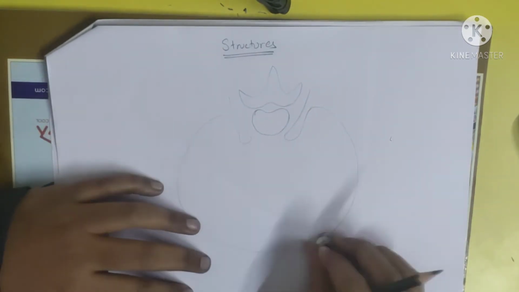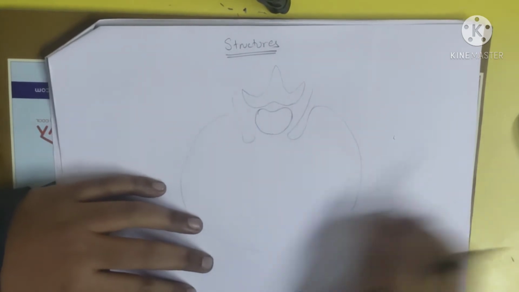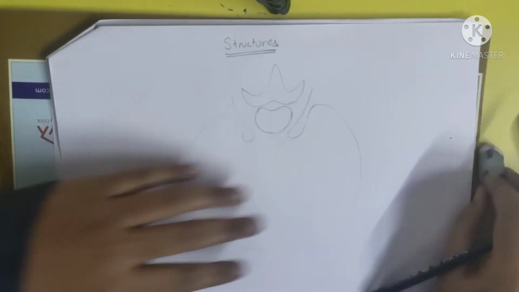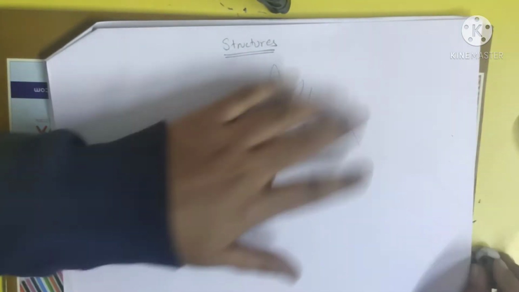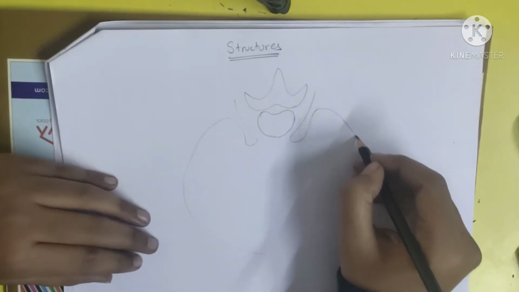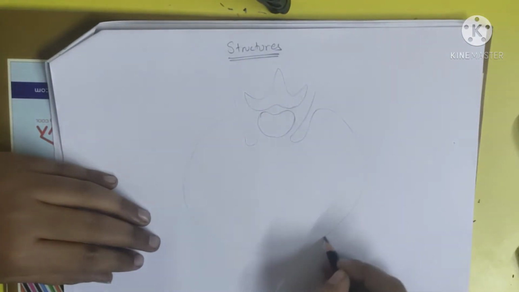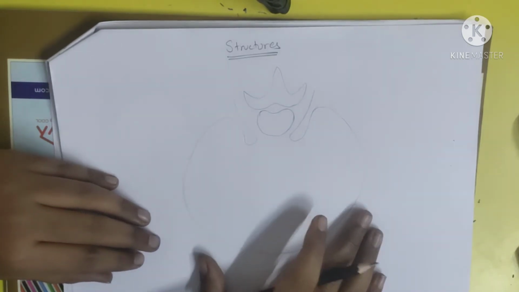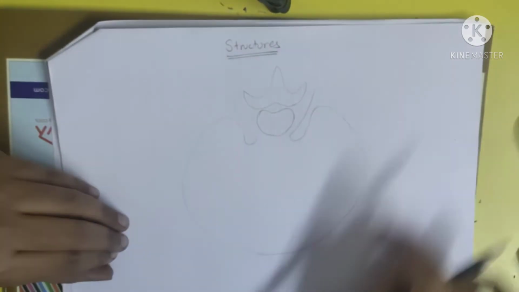Okay, it doesn't have to be a very perfect diagram or a very perfect kidney shape. It just has to give a resemblance. All right, during your examinations you will not have time to do perfect shapes and all. It has to give a resemblance of the structures which you are drawing. So this will be the inner border. We have to draw the outer border as well.